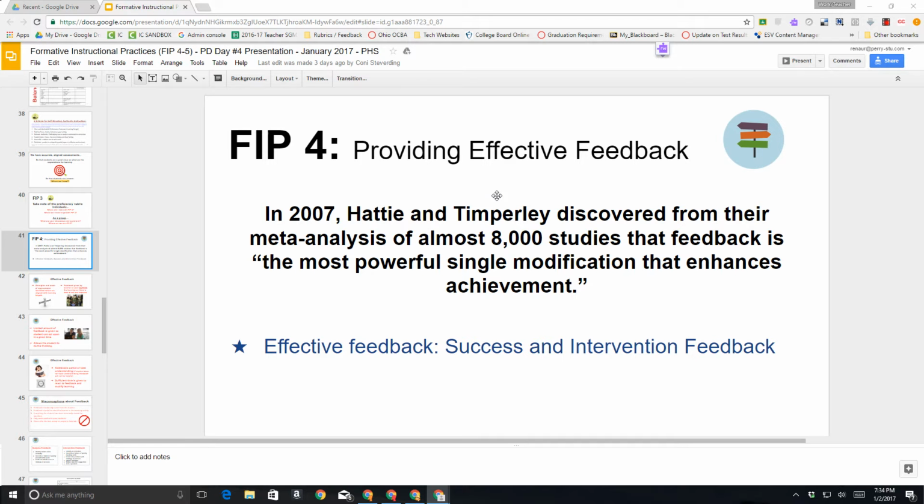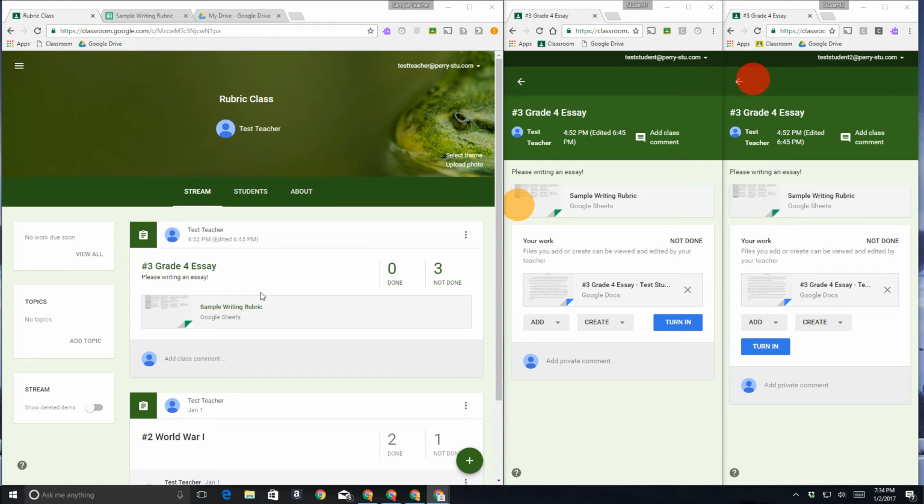So the tools we're going to be looking at today are Google Classroom as our main avenue for collecting the students' work. We're also going to be using Google Sheets to be able to collect the scores of the rubrics we're going to be using so that we can do some analysis of our students as they're going through their